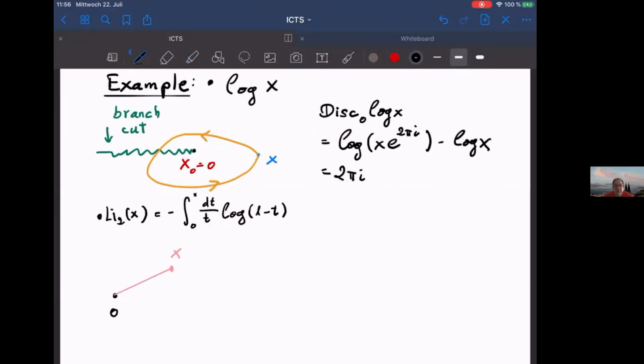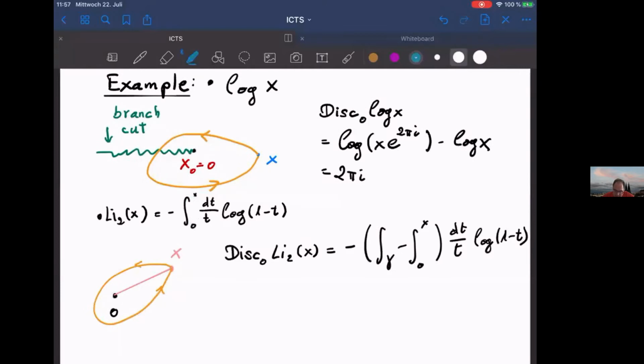Now, what would it be for the dilogarithm? Maybe I think it's an instructive example to see what is the discontinuity of the dilogarithm. The dilogarithm has this integral representation. It is defined as the integral from 0 to x of some integrand. So let's compute the discontinuity around 0. Well, I have to start from the point x and move around the point 0. I'll go back to x. So the discontinuity around 0 will be what I get